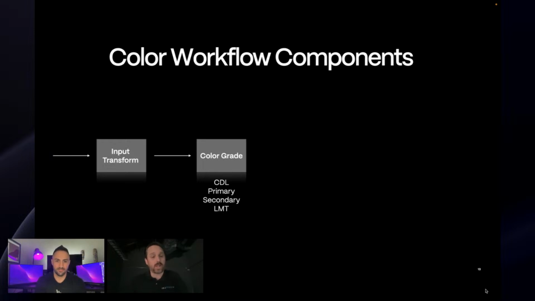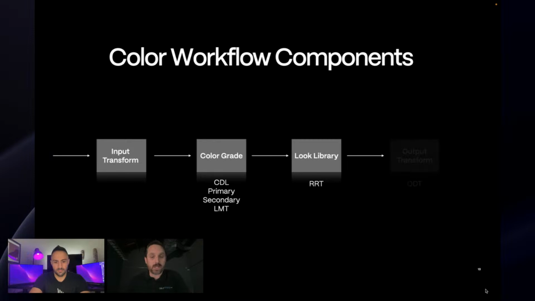And then we also in the Colorfront engine have the ability to actually kind of mix and match and create your own look tool on your own. But you can also do this in Premiere. You can use Lumicolor and create something. And if you make it a LUT and you like it, that technically can be an LMT in the pipeline, because it's just part of what you're physically looking at. Then the next step in the pipeline is your look library, or RRT. So this is something that you can get from outside sources that you can use to create a look. You can add things to the entire puzzle. And then the final component is your ODT, or output transform, or output display transform.